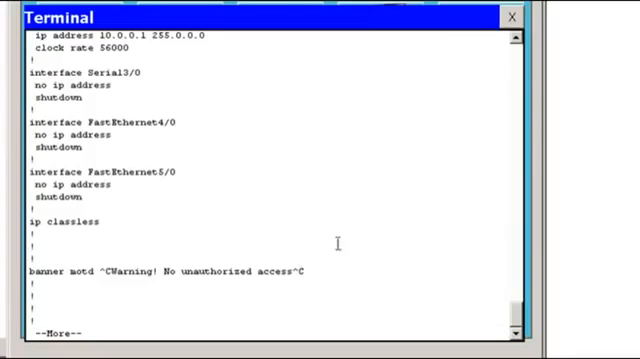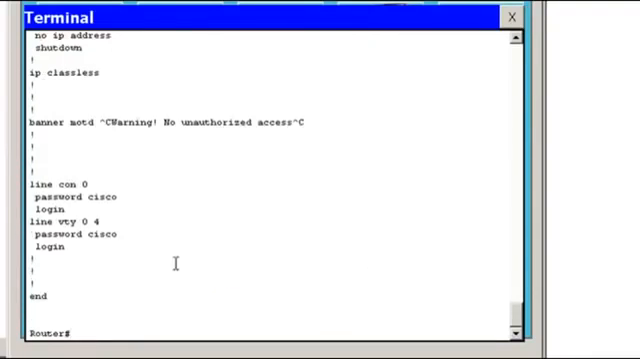I've also got the banner message of the day, and I have line console 0 configured with a password and login, and I've got line VTY virtual terminal for Telnet configured with a password and a login, right? So now if I wanted to, let's say, back up my configuration file or my IOS to the TFTP server,